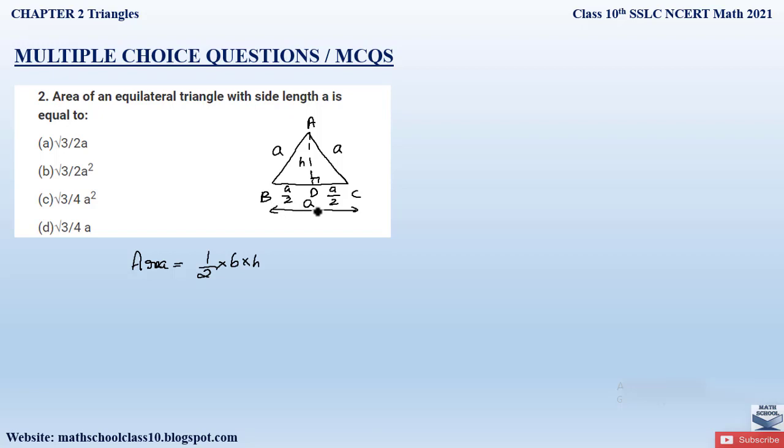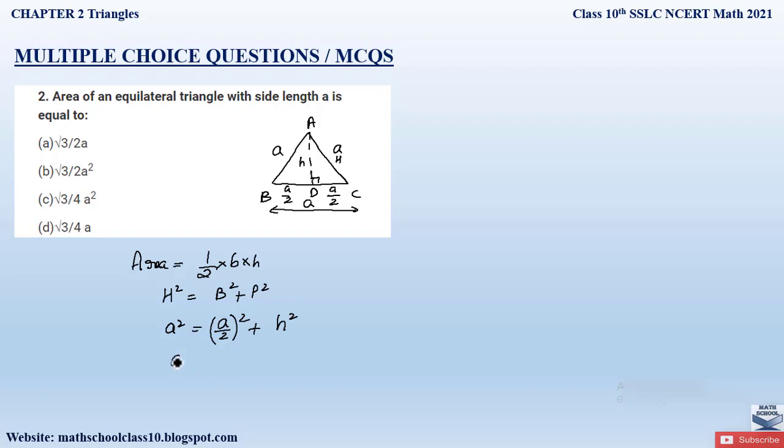Now here in this right angle triangle ADC, we know the DC length, we know AC length. Let us find out AD length by applying Pythagoras theorem here. The side opposite the right angle is the hypotenuse and the other two sides are perpendicular and base. According to our Pythagoras theorem, hypotenuse square is equal to the sum of the squares of the other two sides, that is the base square and perpendicular square. So our hypotenuse is A square equal to base, let us take it as DC, so it is (A by 2) the whole square plus perpendicular is H square.